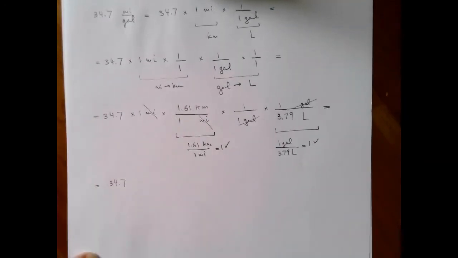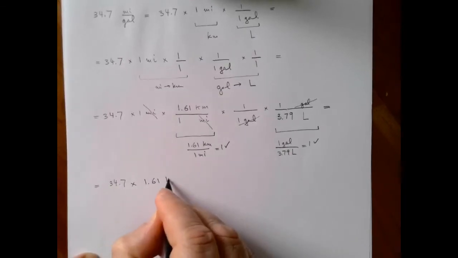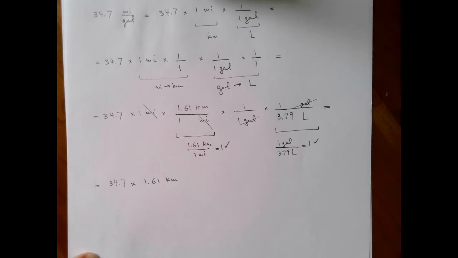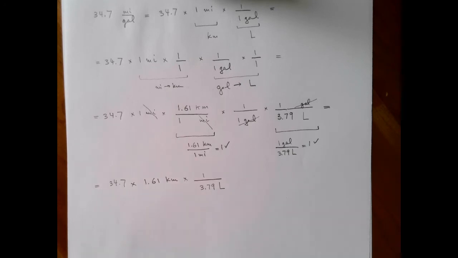34.7 multiplied by 1.61 kilometers multiplied by 1/3.79 liters. I plug this into my calculator, so 34.7 multiplied by 1.61 divided by 3.79 is equal to